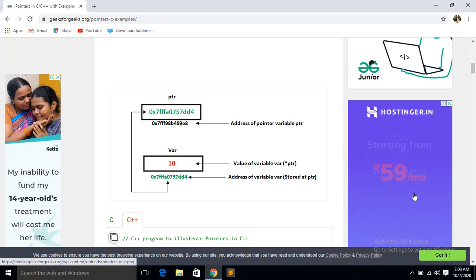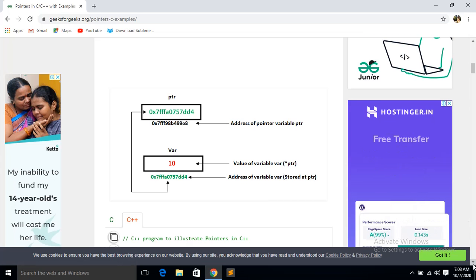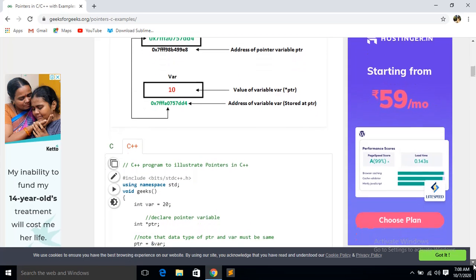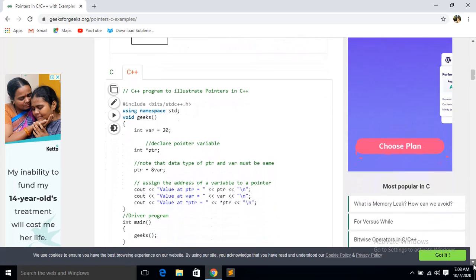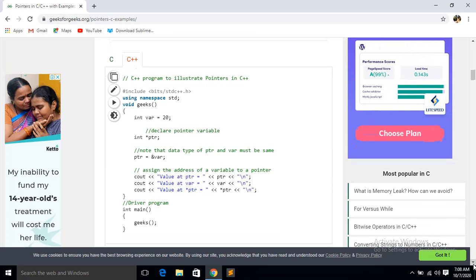So now let us be more clear by looking at the program. Just you see the program. Int var is equal to 20. One function we have created, void gigs int star ptr.